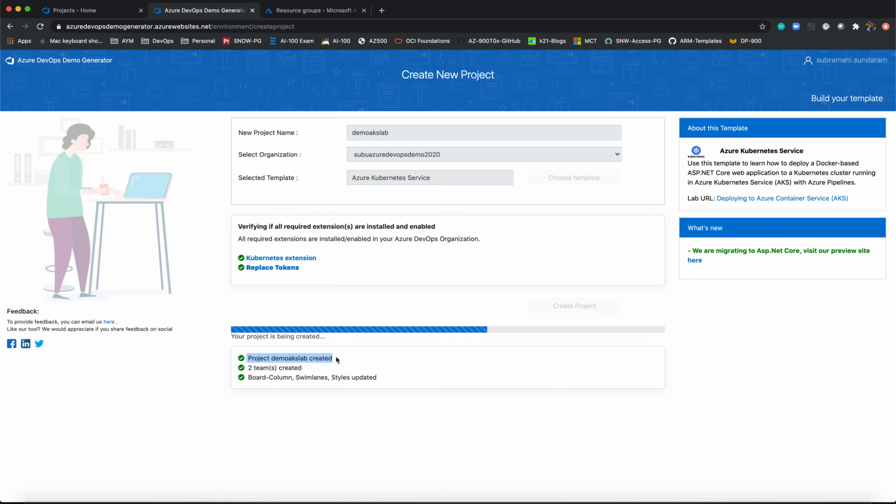The project is created, the teams are getting created, the Azure Boards are getting created, and the next will be repositories, and then pipelines.